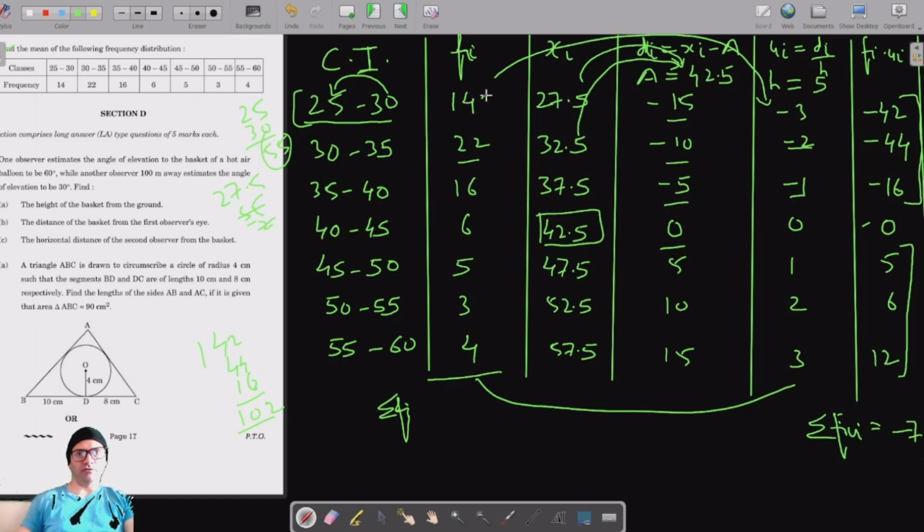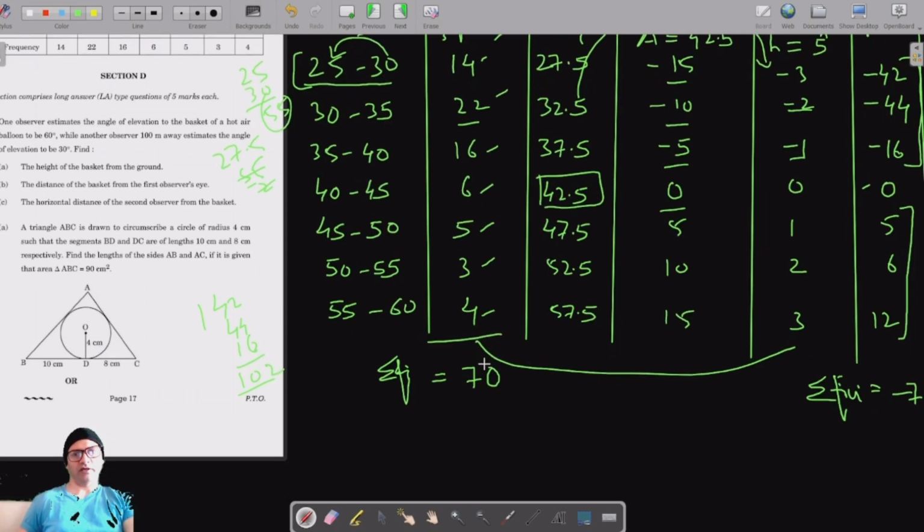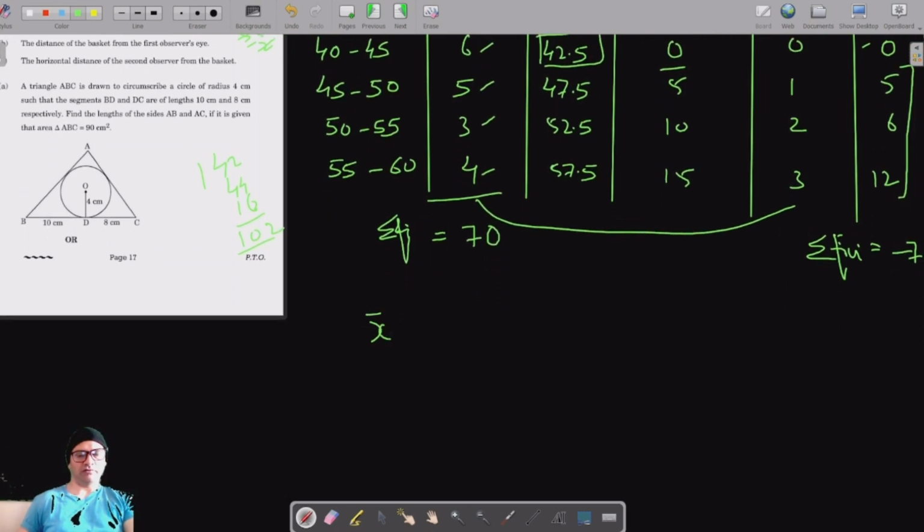If we add them, 4 plus 2 is 6, 6 plus 6 is 12, 6 is 18, 5 is 23, and 3 is 26, and 4 is 30. This is 3 plus 1, 4, 5, 6, 7. This is 70. So sigma fi is 70, and now we are going to find the mean, which should be